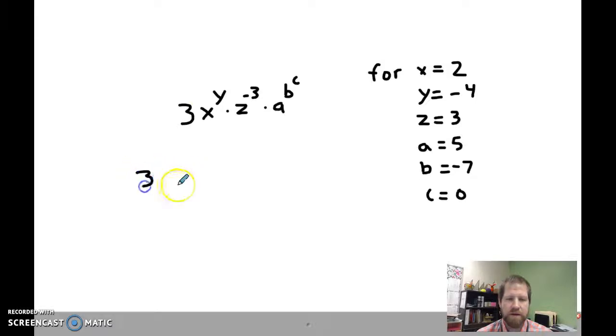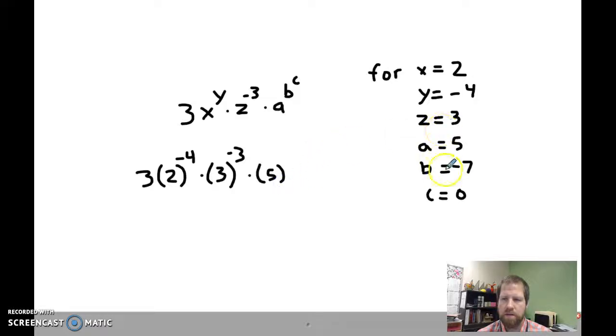So I have 3 on the outside, and then parentheses, my x is 2, to the negative 4, times parentheses, z is 3, to the negative third, and then a is 5, to the negative 7th,